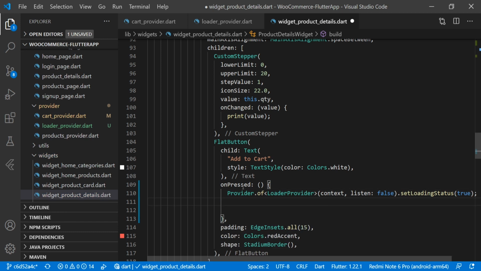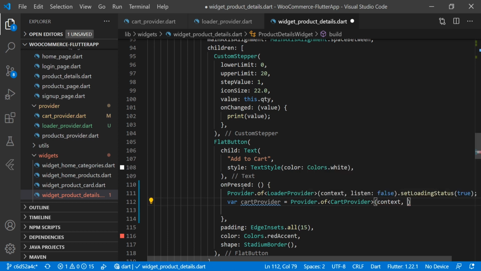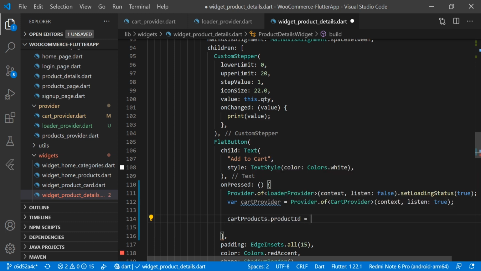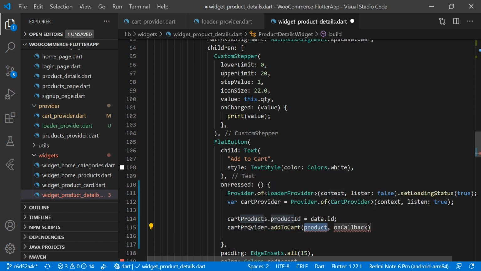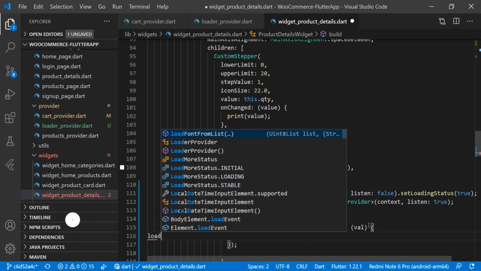true here. Then we will have that cart provider here, and we will create one variable where cartProvider is equal to Provider.of CartProvider, context, listen true. Now here we will pass cartProducts.productID is equal to data.ID. Then we will call cartProvider.addToCart, and here we will pass cartProducts, and here we will have the callback, and here we will stop the loader,